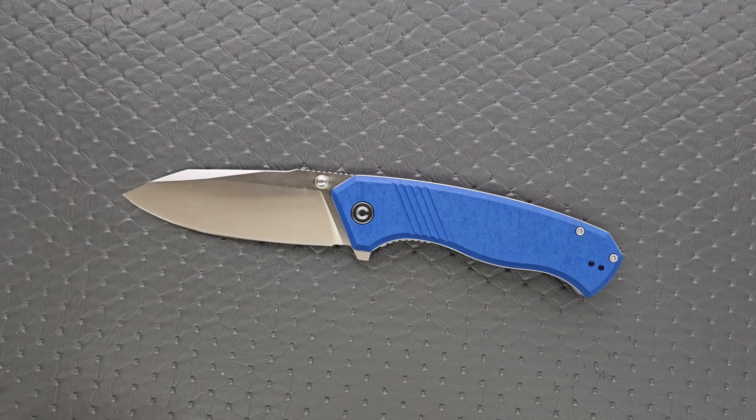The best thing about budget knives is that they don't cost very much. The worst thing about budget knives is they tend to be a little bit boring, and that's why we see so much of the same stuff. Fast forward here to 2024, where every company has figured out the formula for a really good budget knife, you end up with an ocean of stuff that just looks and feels identical. Most of it's good, especially with the companies we're familiar with, but it's also not really all that different from